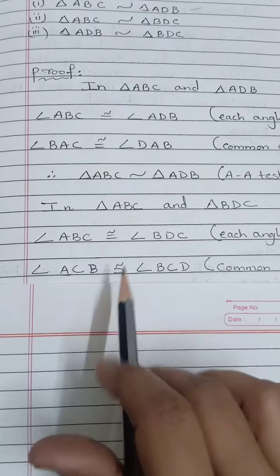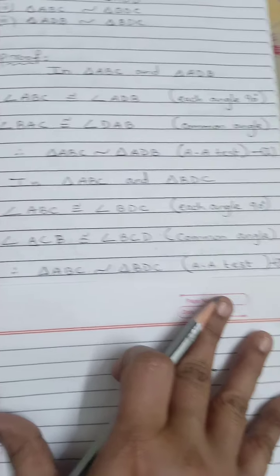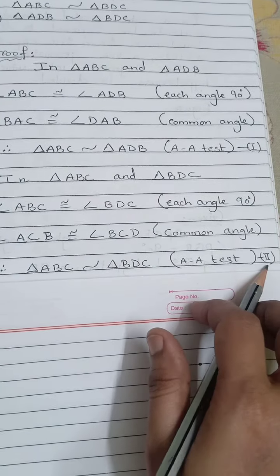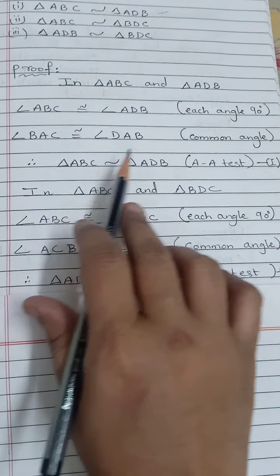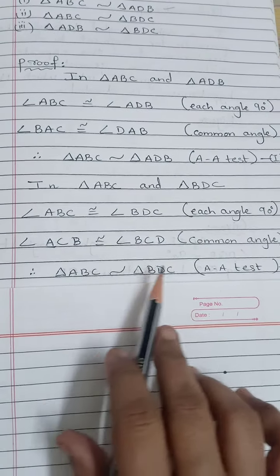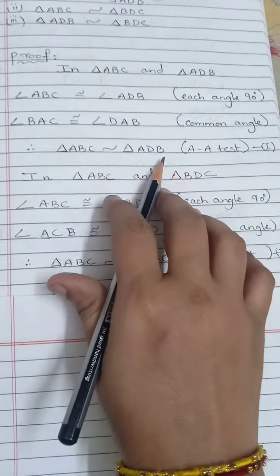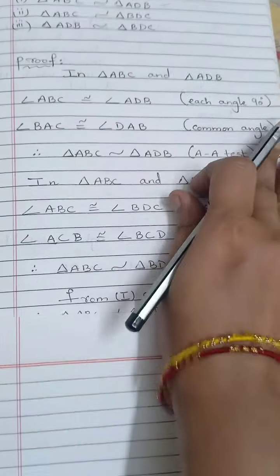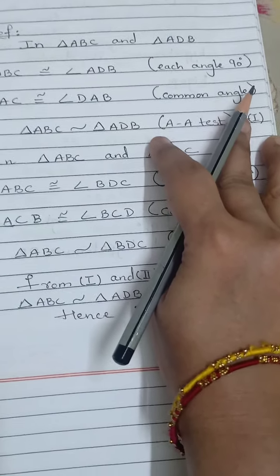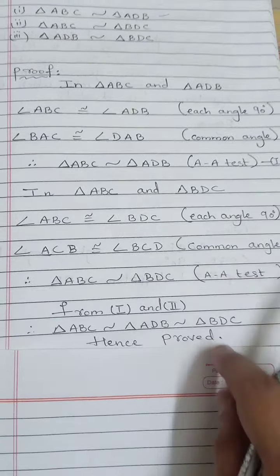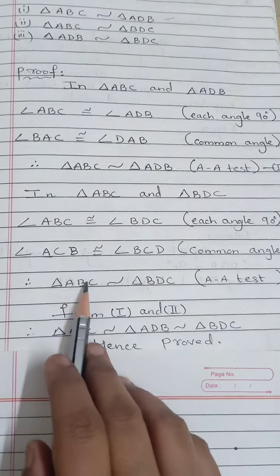But then we have got here two angles are congruent. So definitely these two triangle will be similar by AA test. Now I have given it equation number 2. Now we are going to combine this equation 1 and 2. ABC is similar to ADB also and ABC is similar to BDC also. So now we will write by combining these two equations. First of all, I have taken this ABC is similar to ADB till here only. But this ABC is similar to BDC, so I have added here only. So all these three triangles are similar to each other. That means it is similar to ADB.